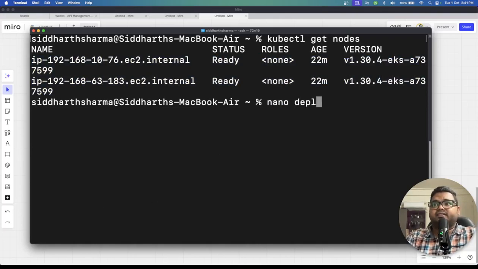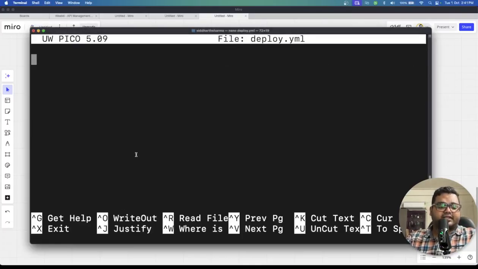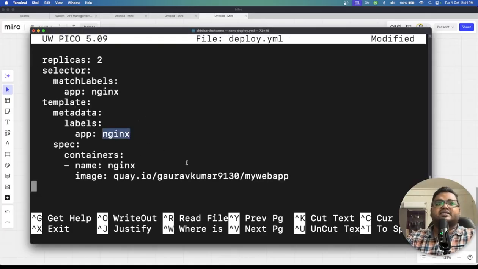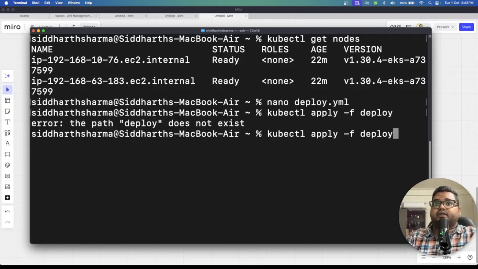So what I will be doing is creating a simple deployment.yaml file, and underneath the deployment.yaml file we will be pasting the content, and this content is actually for our nginx server, and the number of replicas that we are going to create is 2. Okay, so let us come out from that. Then, I will be applying the deploy file. Okay,